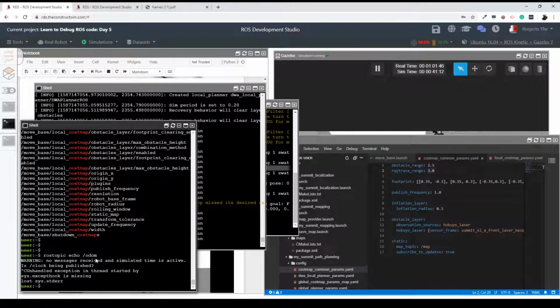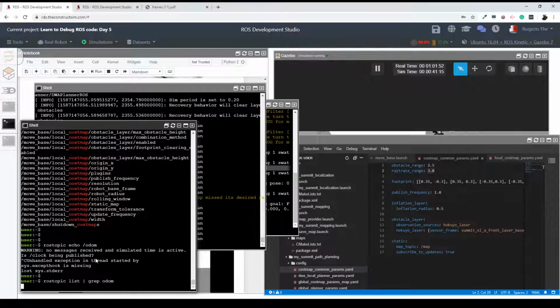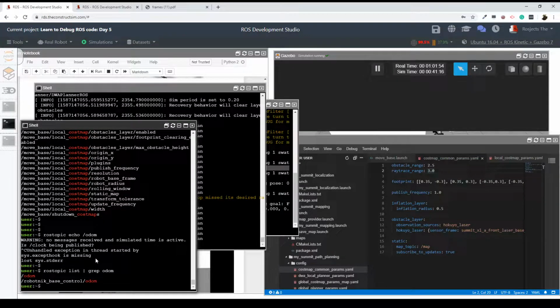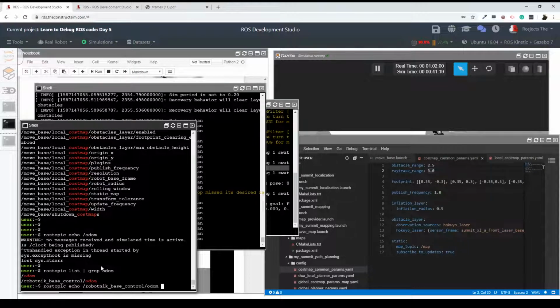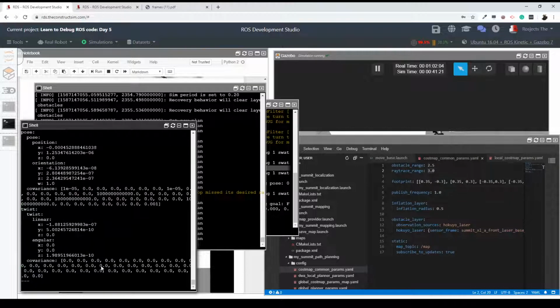Well, apparently this is not the topic. So ROS topic list. I'm going to find the odometry topic. It's robotic base control Odom. Okay. Echo. Robotic base control Odom. So here I'm going to get information about the robot position, which is going to be